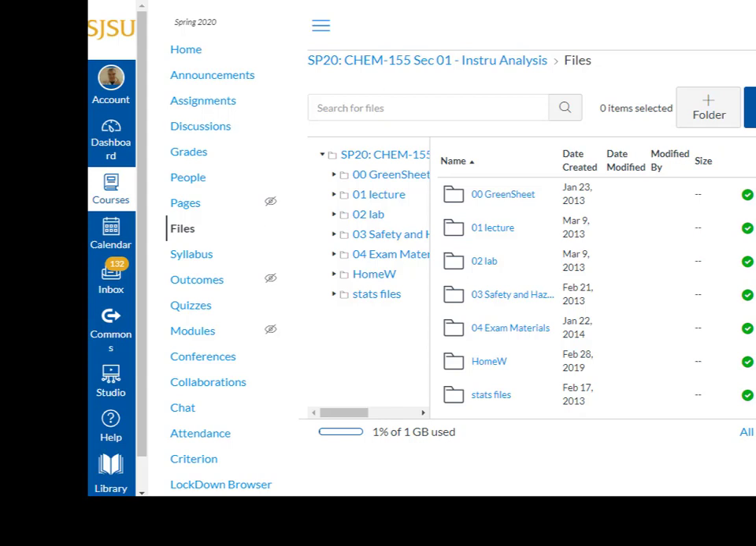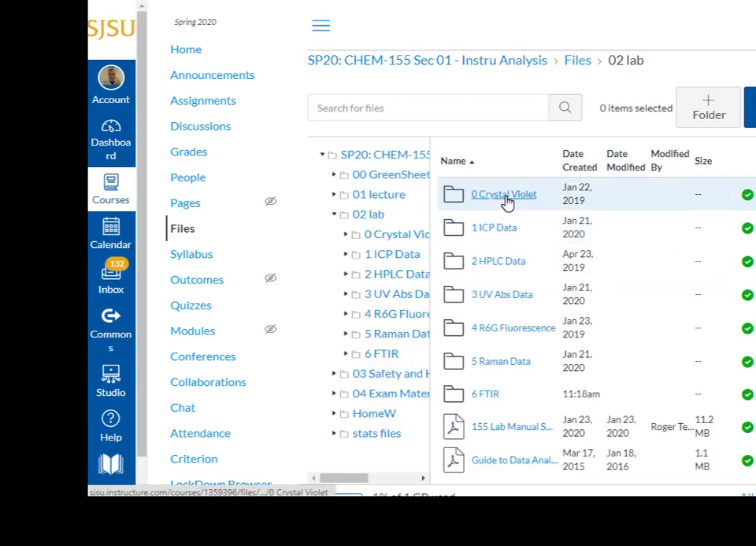Okay, Chem 155. This is a video on how to download the crystal violet data from Canvas and get it into your template for the crystal violet report. So this is the Chem 155 page on Canvas, and I've navigated to Files, and from here we want to go to Lab and to crystal violet,